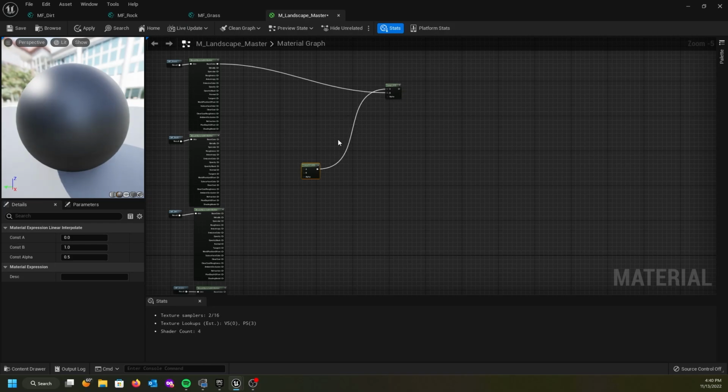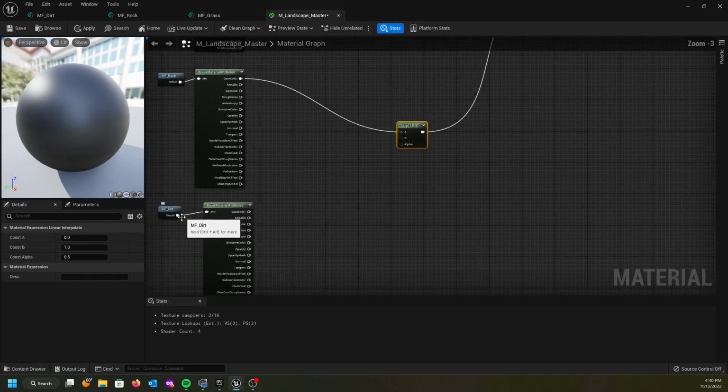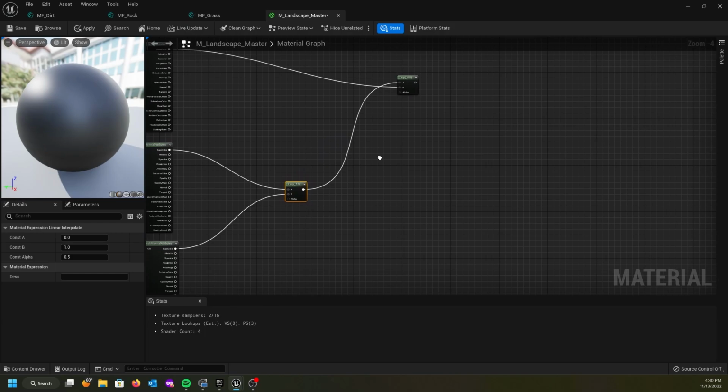Knew it was going too quick. All right, and then we're going to connect this one into A. And the third one down, where our rock is right here, where our dirt is rather, we're going to grab this one and we're going to plug this into B. Okay, so now what we need to do is,